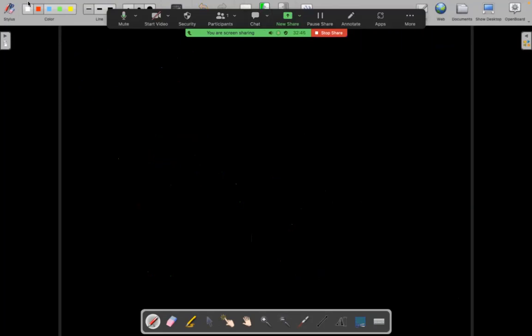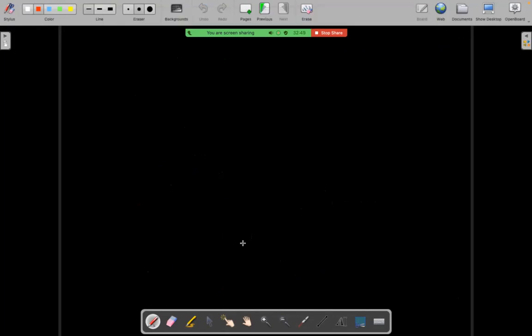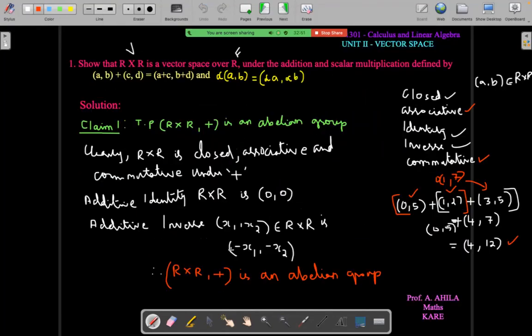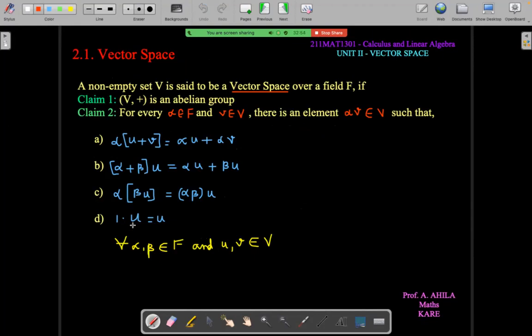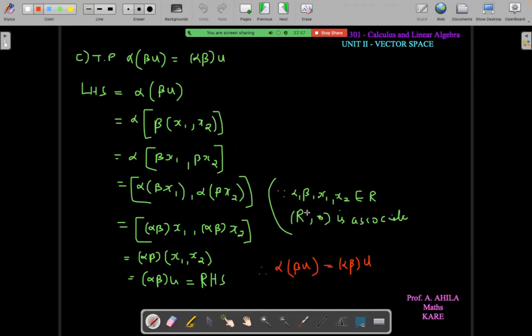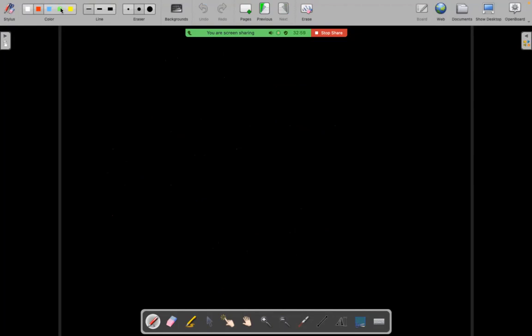Now we need to prove the fourth condition. So what is our fourth condition? We have proved three conditions. What is our fourth condition? As per definition, 1 into u equal to u. So we need to prove that one. So the fourth condition is to prove 1 into u equal to u. So now consider the left hand side, which is 1 into u. What is u? 1 into u is 1 into x1 comma x2,